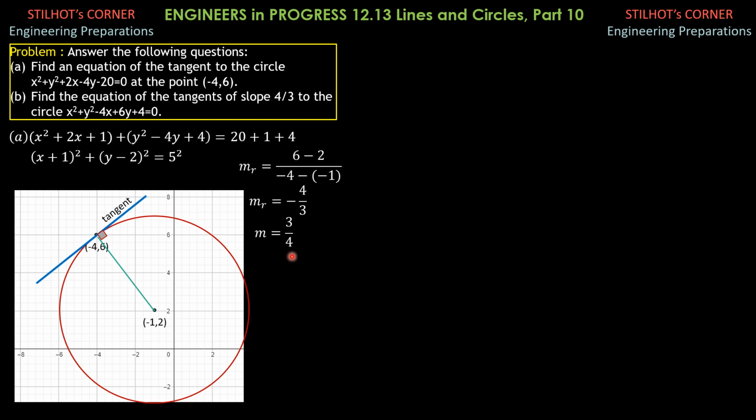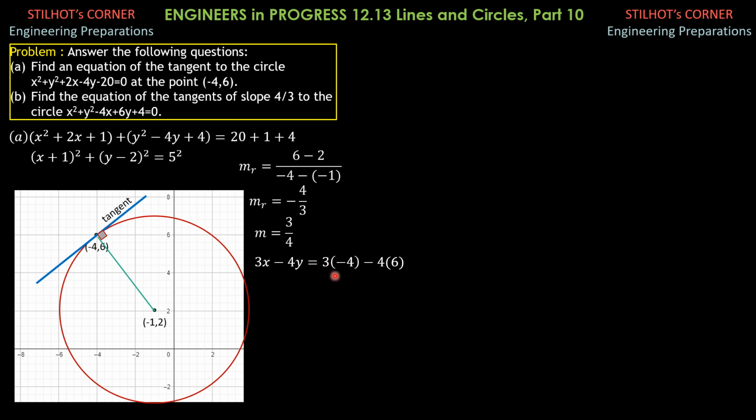And if the slope of the line is 3/4, the expected equation would be 3x minus 4y. Remember, the slope is the negative coefficient of x divided by the coefficient of y. So it should be 3x minus 4y, so that the slope is -3 over -4, so 3/4. The expected equation is 3x minus 4y equals 3x1 plus -4 times y1, where x1 is -4 and y1 is 6 because the tangent passes through that point. So the equation of the tangent can now be determined.